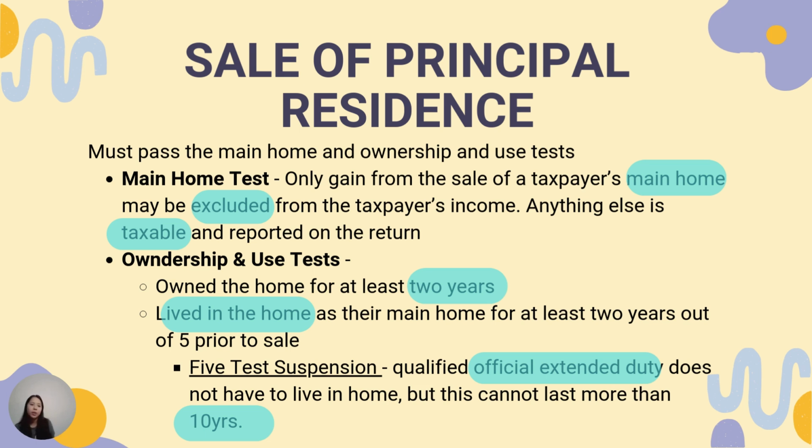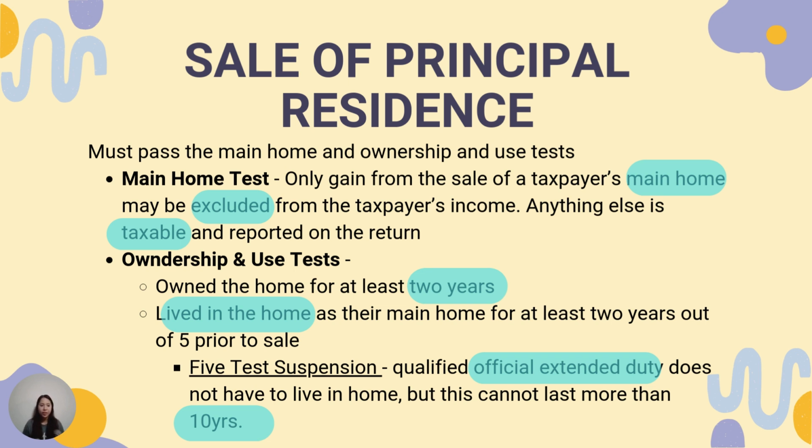Now, how do we know if it's a principal residence? We mentioned the main home and the ownership and use test that it has to pass. So for the main home test, only gain from the sale of a taxpayer's main home may be excluded from the taxpayer's income. Anything else is taxable and reported on the return. For the ownership and use test, the taxpayer must have owned the home for at least 2 years and have lived in the home as their main home for at least 2 years out of the 5 years prior to the